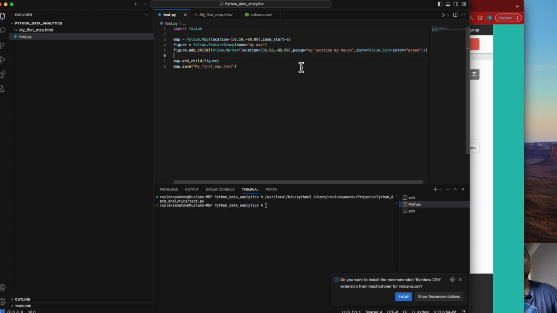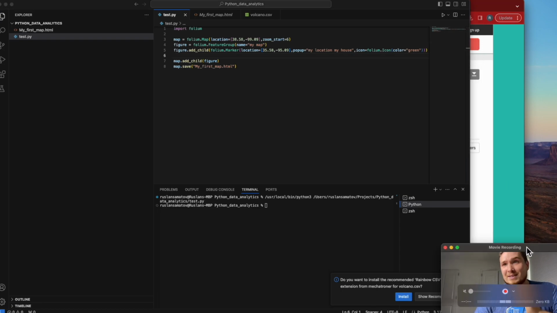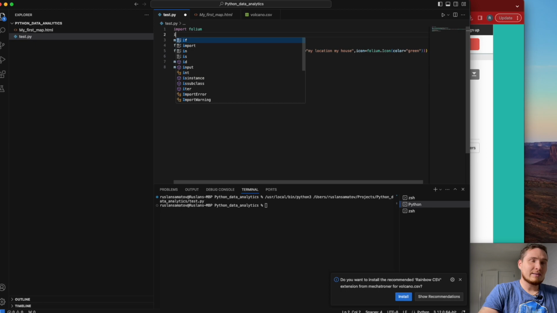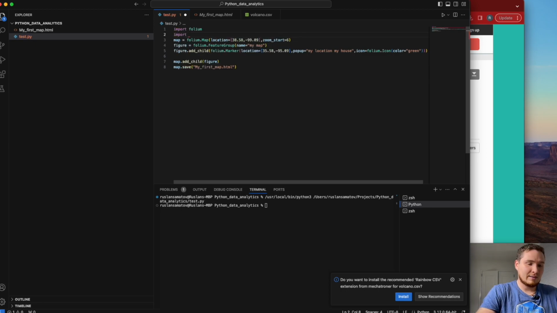For that specific reason, we need our NumPy and Pandas libraries. That's the moment we're going to use them. Okay, let's go. Let's start with Pandas. Import pandas. Now your Pandas library is here, and we can work with the data.